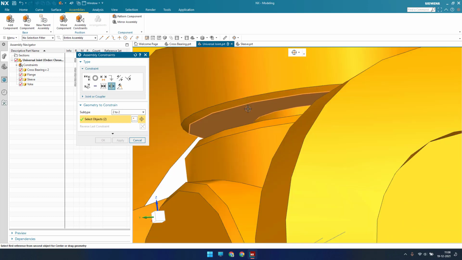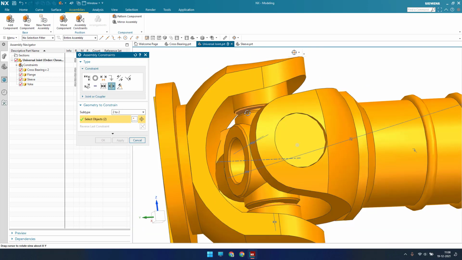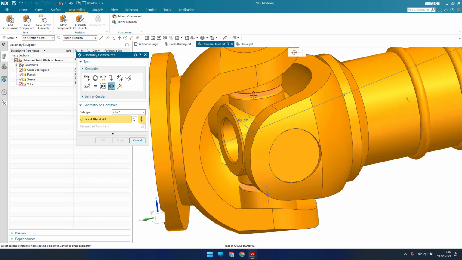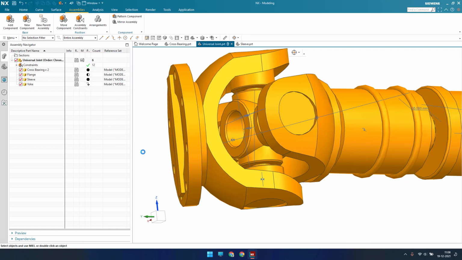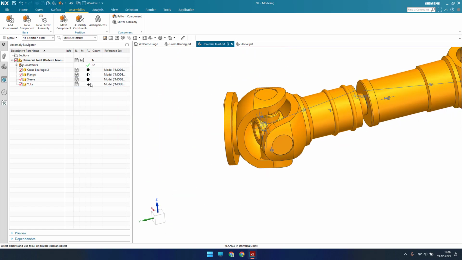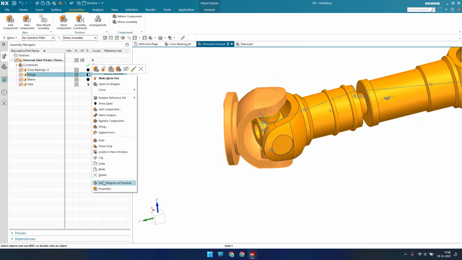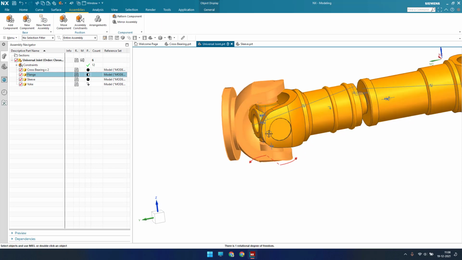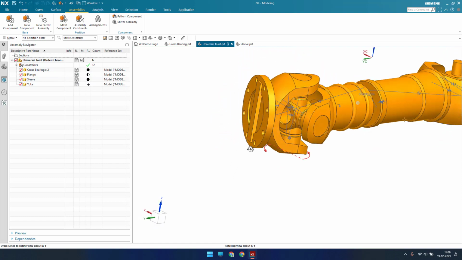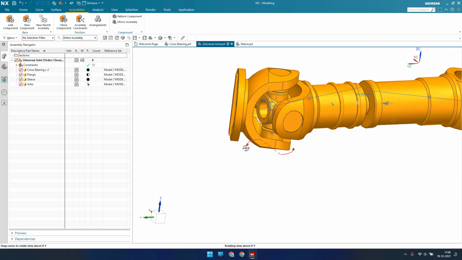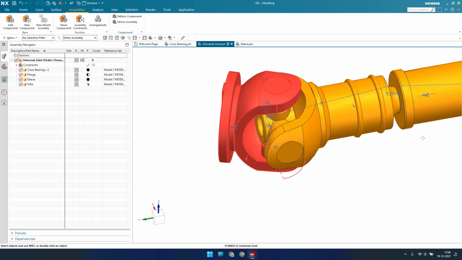Okay, this face and then this face. So it should be centrally aligned. Okay, now it's done. So now you can just check which degrees of freedom are active. As you can see here, along this Z axis there is a rotation for this component, so we need to fix that. So either you can just give a parallelism for that, or else you can just provide some